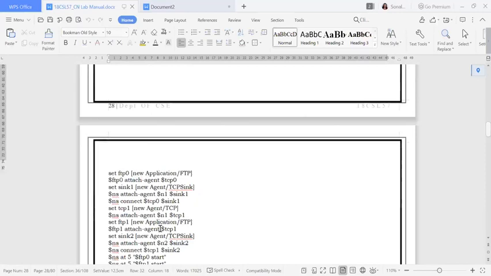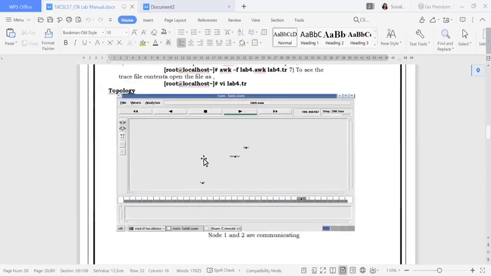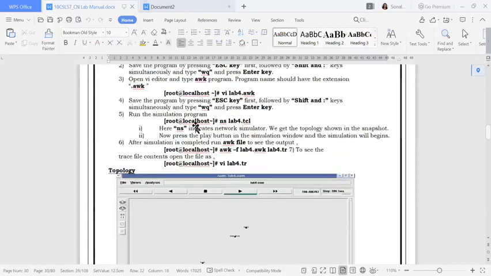Now let's go to the animation file. You can see, suppose this is my N0. It is not visible clearly, but still let's consider this is my N0. This is my x-axis and this is my y-axis. So this coordinate system it will have. And as it is not having any z-axis, my z component value I'll keep as 0. Similarly, for this also one coordinate system, for this also one coordinate system is there. Same thing I have written for where I want to place my N0, N1 and N2.